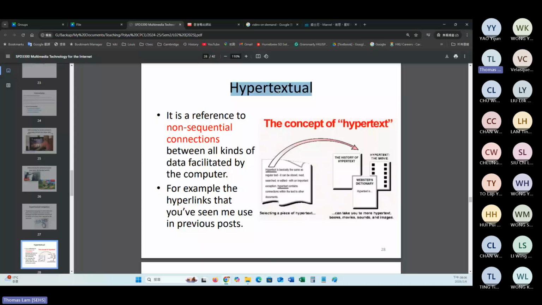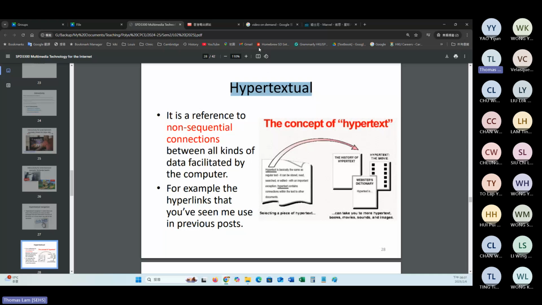For example, if you design a DVD menu for some production house, or if you make a certain kind of interactive tutorial, there should be this kind of hypertext as well.